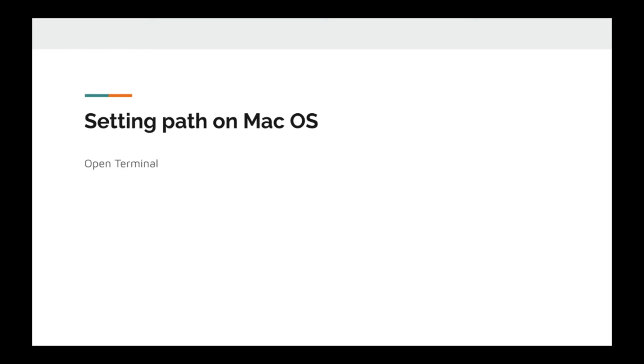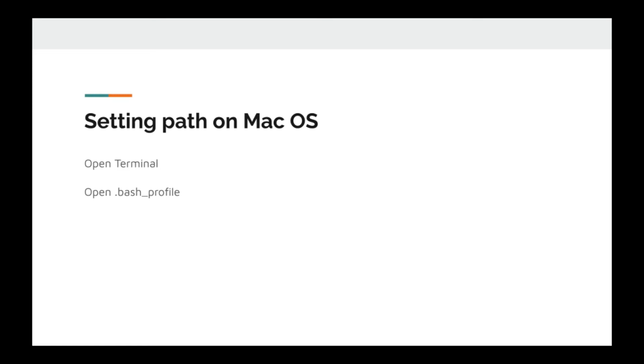We will be following the same way: download and unzip the Maven file from the official Apache website. After that, the first step we will perform is opening a terminal. Then we will be opening the bash profile. If this bash profile is not present, we will be creating it. Sometimes this bash profile doesn't help us and it will not set the path. So in that case, we need to have a ZSHRC profile present.